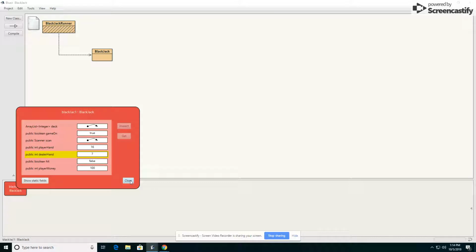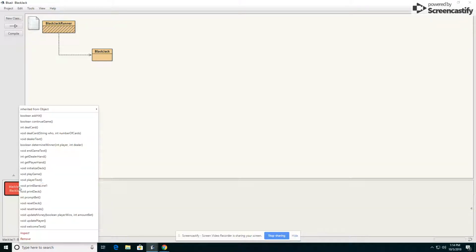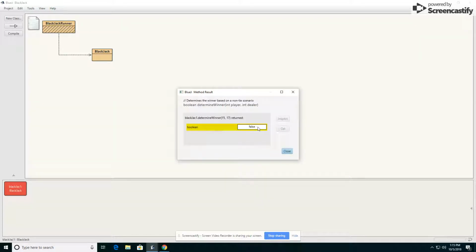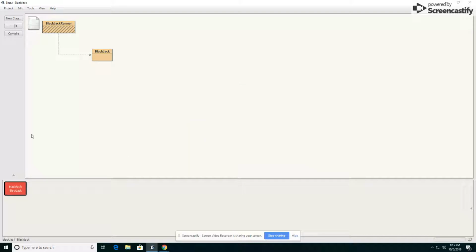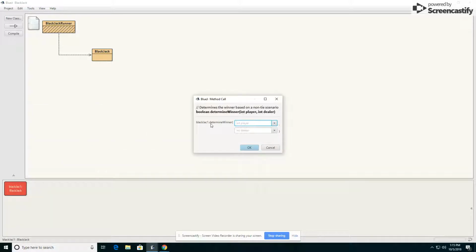So I can also then determine the winner piece. That one is tricky to figure out if I have that working correctly. My determine winner takes 2 values, the player value and the dealer value. So if I put in a 15 for the player and a 17 for the dealer, false, which means it's false that the player won. If I put in an 18 for the player and a 17 for the dealer and hit OK,